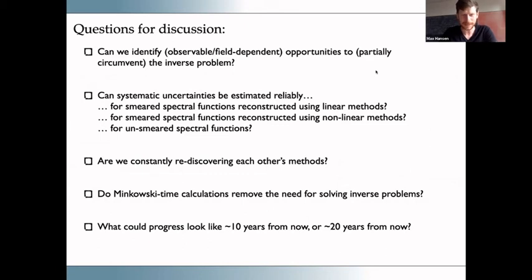Maybe I can make one miscellaneous comment. Mostly in the talks we've seen so far, when we have smearing, it's smearing in some physical coordinate, some physical energy, for example, which is often important for the intuition and also tells us when things are going to be very tough. If we know the right answer has a very sharp peak, then we know the smearing will be